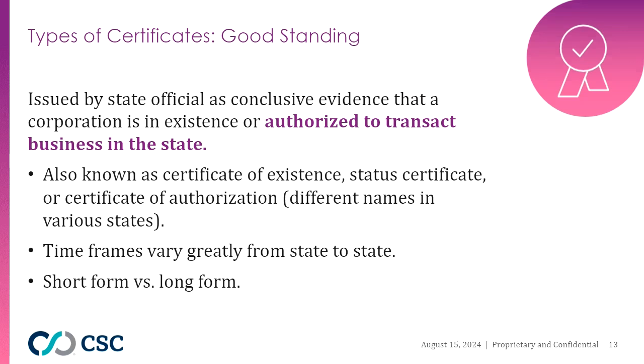Delaware good standings can be pulled rather quickly, provided that the entity is in good standing. Before requesting to order a good standing, it may be helpful just to check the entity's status first. For example, in New York, you could get a good standing that indicates the entity is active but past due, so it's not going to have that language that indicates the company is truly in good standing. All that would be needed in that case is to file one biennial report, regardless of how many years is past due. There are two different kinds of good standings, the short form and the long form, which we'll get into next.